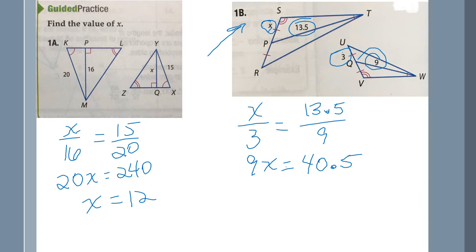Now you divide both sides by 9, and that's equal to 4.5. So x would be equal to 4.5 once we divide that through. Okay, 4.5. All right, now